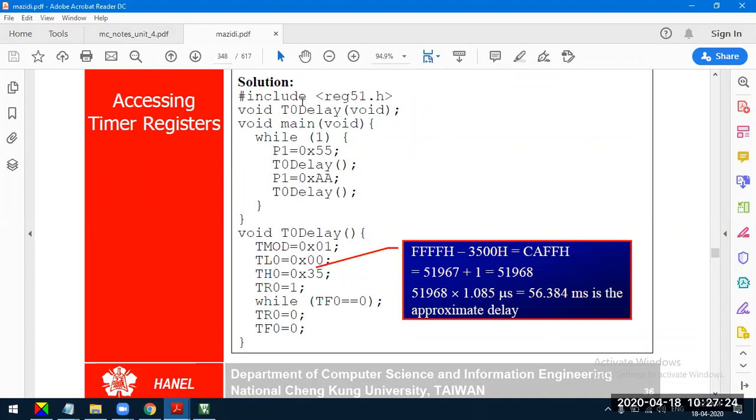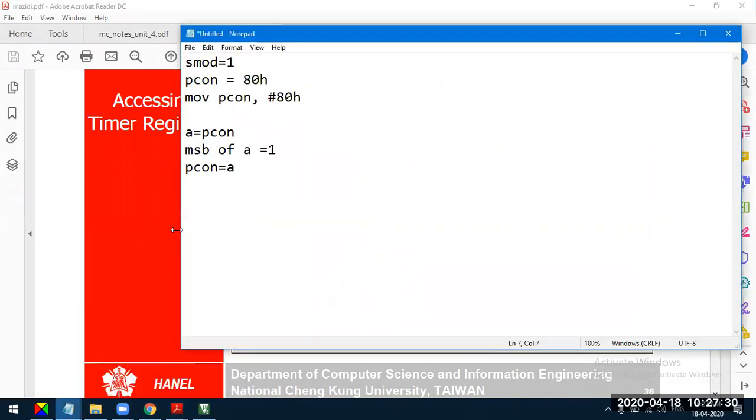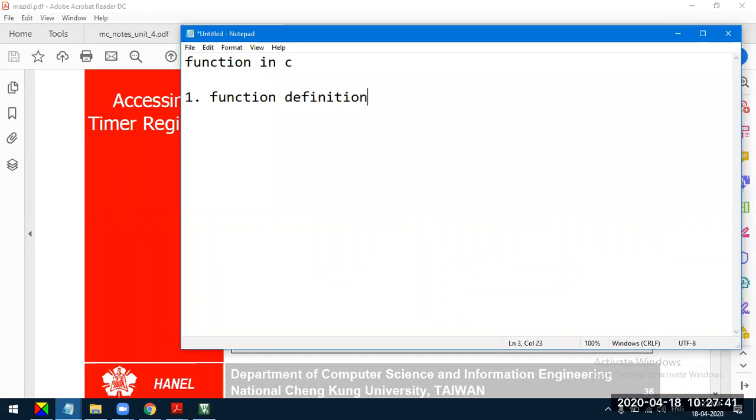Let's now look at the C language. There are three things, guys. I think I explained this when we discussed the data types in C. When it comes to functions in C, there are three things. One is function definition. Next is what is known as function call. Function definition and function call. What is function definition? We define the content of a function using function definition, and the function which is already defined we are going to call.